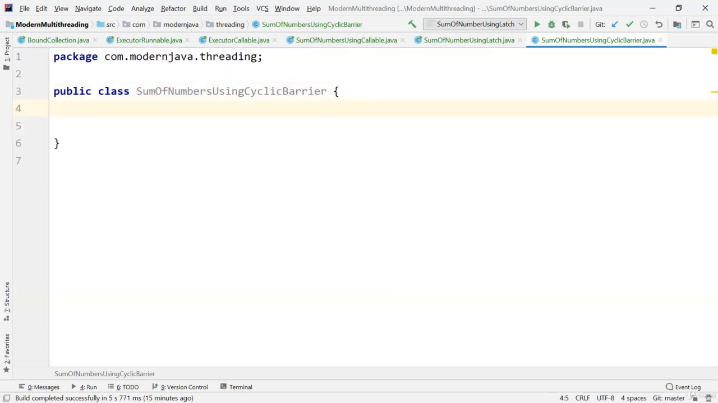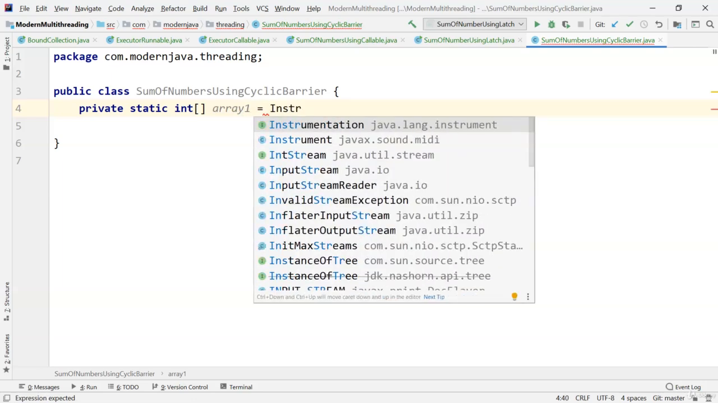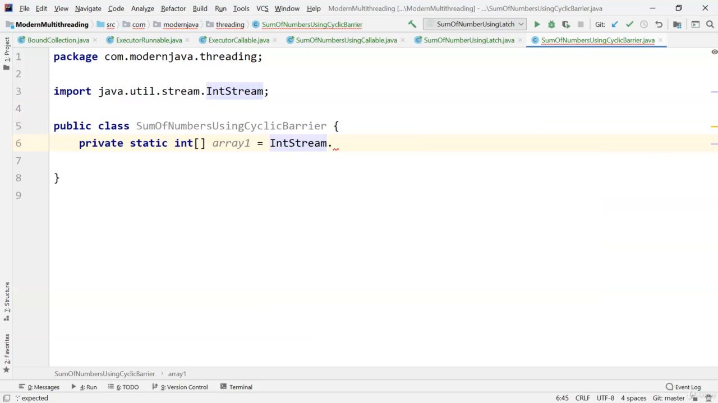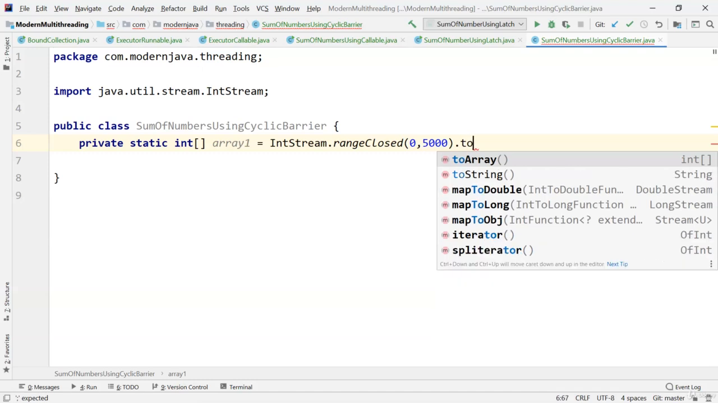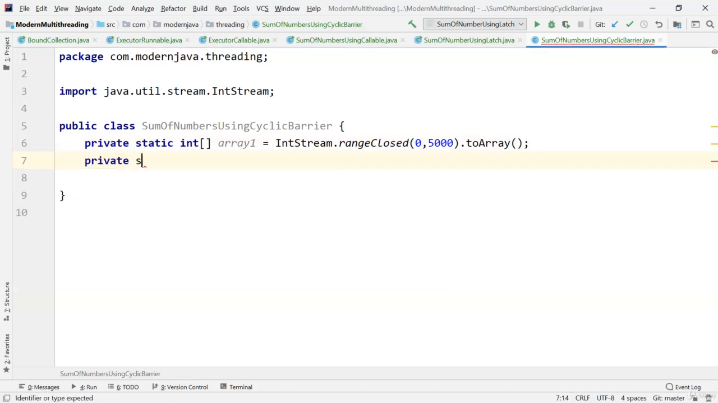So first, we'll be creating 3 arrays, and each array will contain 5,000 numbers. First array will contain numbers from 0 to 5,000. Second array will contain 5,001 till 10,000, and third one will contain 10,001 till 15,000. So let's create our first array of numbers equal to IntStream.range closed 0 to 5,000 dot toArray,